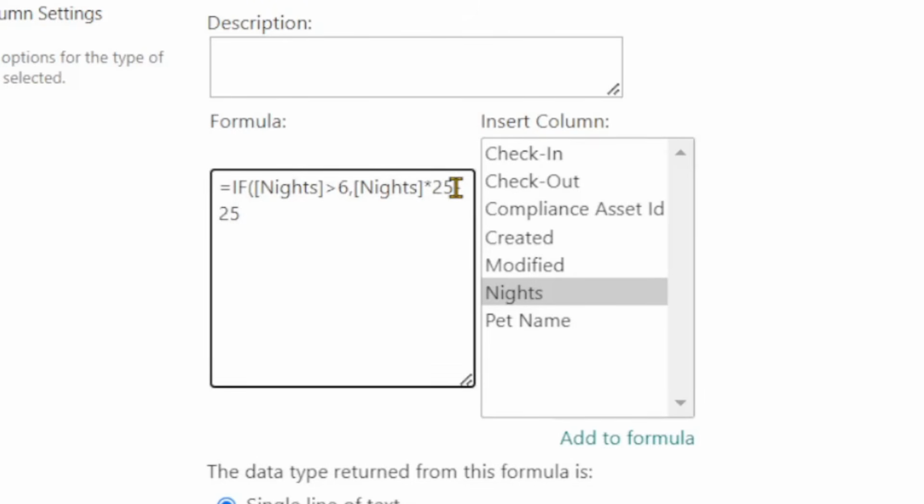So that's how we're going to get that 7th night free, comma. Now we are going to go to if this condition is not met, Nights